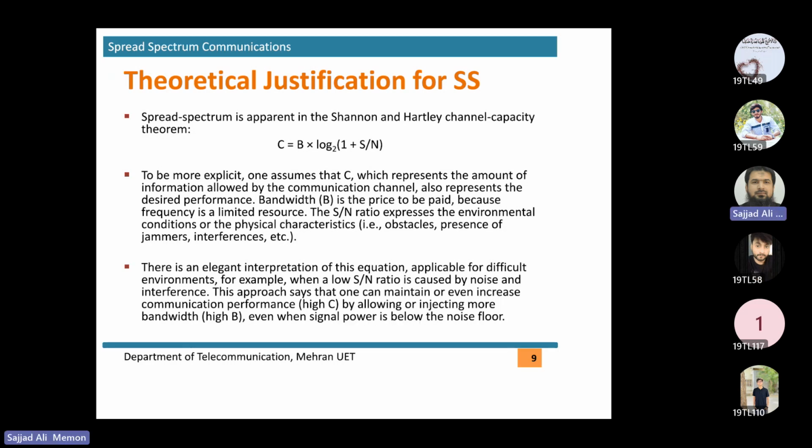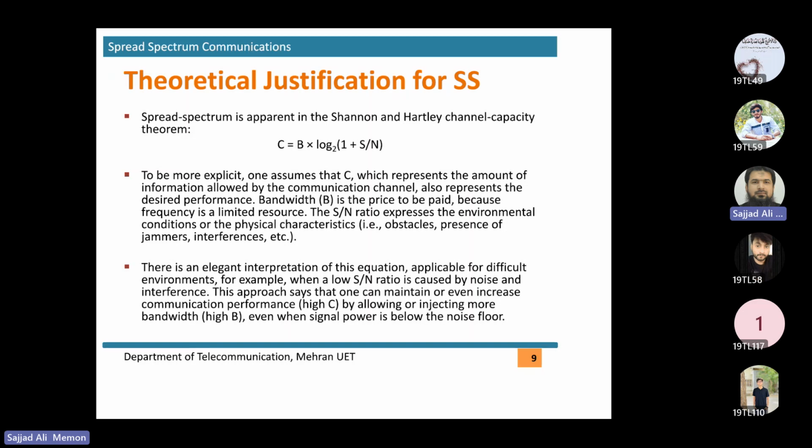So the signal to noise ratio becomes low. Even then, one can maintain or even increase communication performance, that is high capacity. We can still transmit many bits per second by allowing or injecting more bandwidth. That means if you increase the bandwidth, where your signal to noise ratio is low due to the difficult environment,